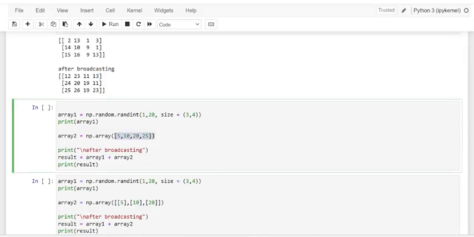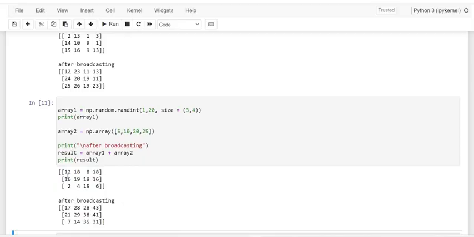Kindly observe, it is a 1-dimensional array with 4 columns, that is one row with 4 columns. On adding this, see here the first array is of 3 into 4 and we are going to fill it randomly with values from 1 to 20, storing it in array 1. So we have the exact value of array 2 only. And let me show the exact resultant.